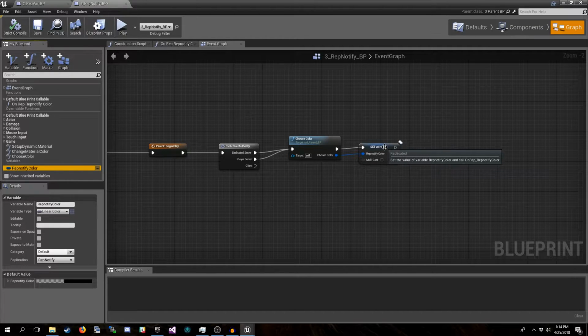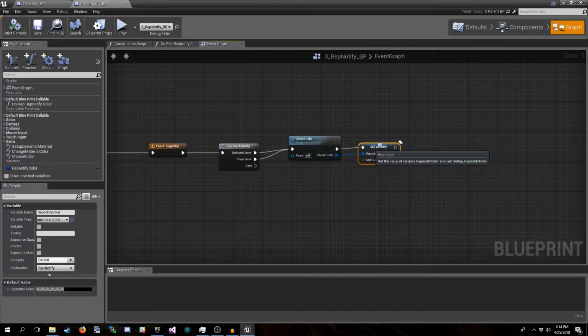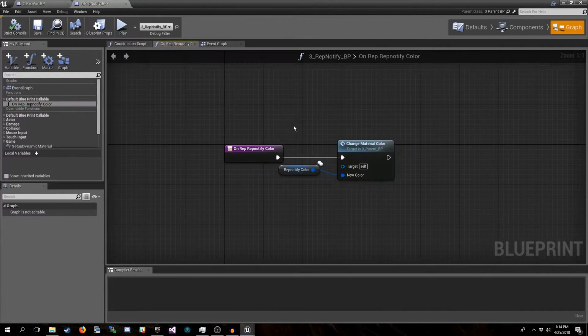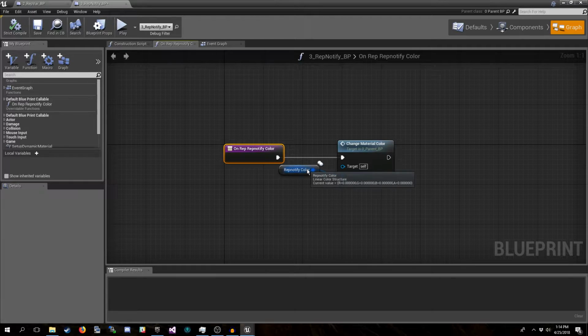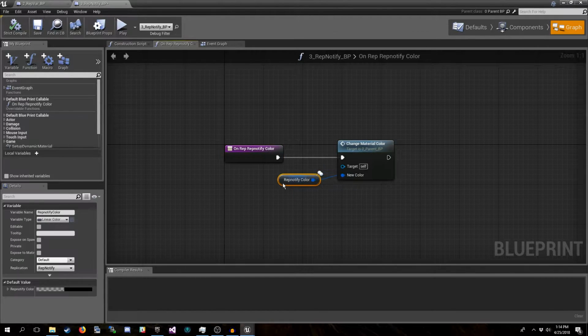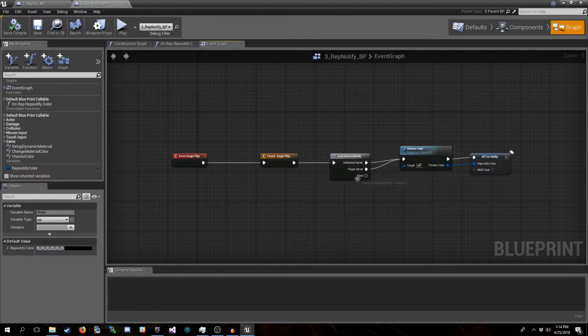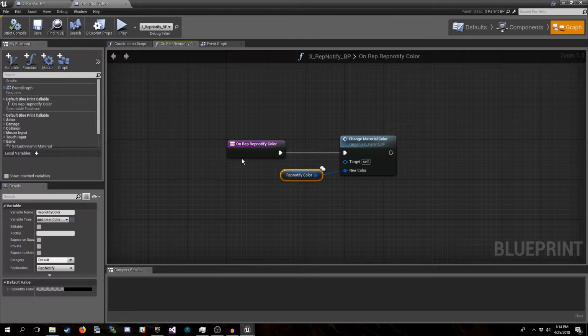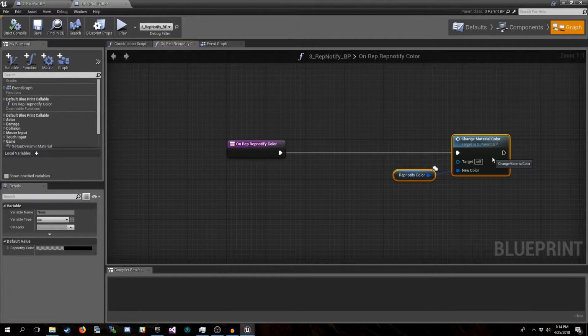And this will be more visible in the sixth example, but just remember that it's when it actually goes to replicate that it calls this function. This function will automatically be created when you set a variable to rep notify. And in this function, it just calls the change material color, and rep notify color gets put into it as the parameter. So you notice in the rep notify function, there's nothing to specify, oh, are you a server or are you a client? It doesn't care in this case, although technically it would be more appropriate